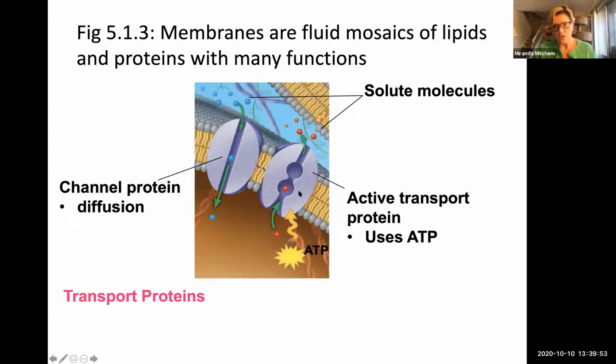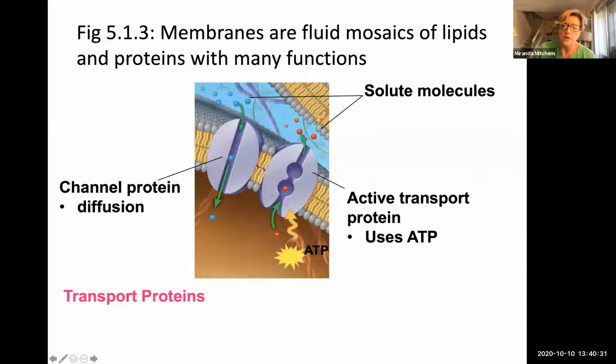We'll now turn our attention to the right side of the figure, and we're going to look at the active transport protein. This uses a different process. It is not diffusion. It is active transport, which for all intents and purposes has a lot of opposites to diffusion. We're going to cover those in a moment. The big one is that active transport uses energy. So that means that it costs the cell energy to move molecules through the active transport